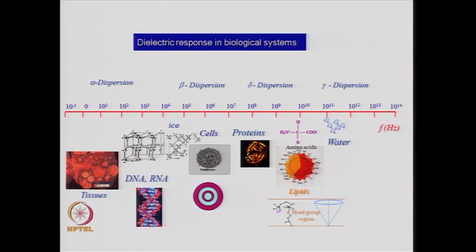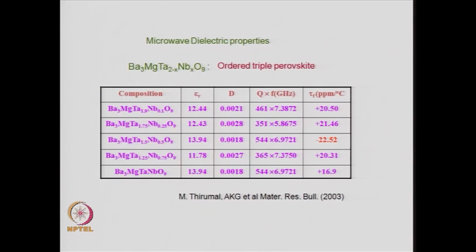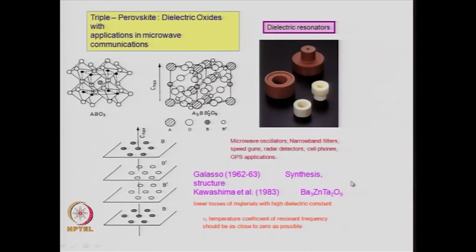Now, apart from the Ba3Zn2Ta2O9, there is a whole lot of new materials which are known to be microwave dielectrics. For example, if you change zinc to magnesium, you get Ba3MgTa2O9, and that is also a very good dielectric material. So, there is a whole family of materials which have a similar formula, say A3BB'2O9,